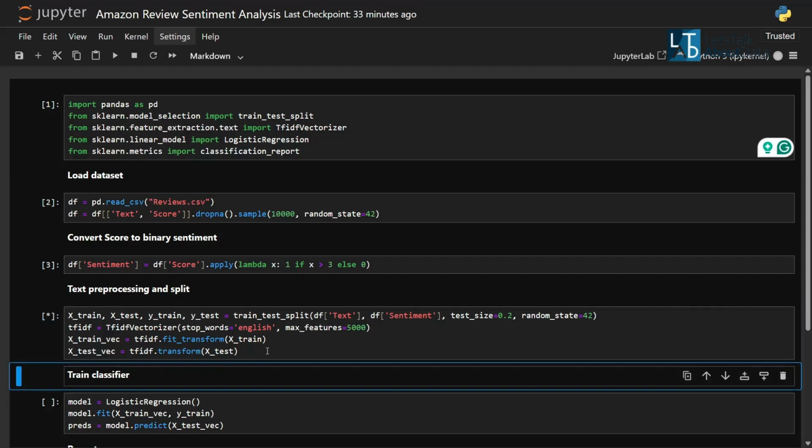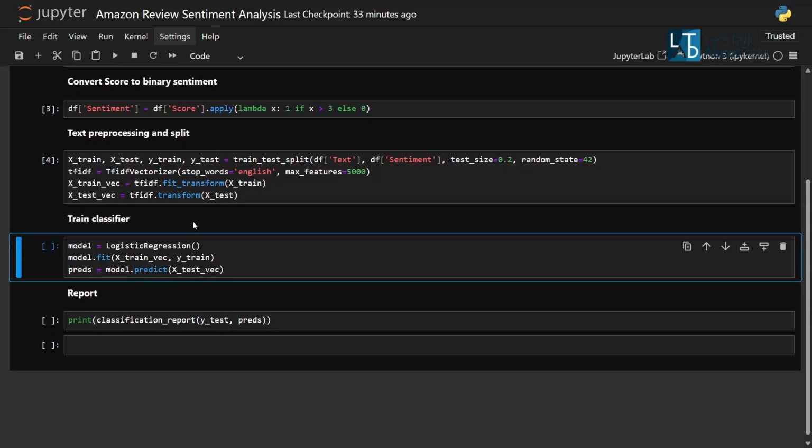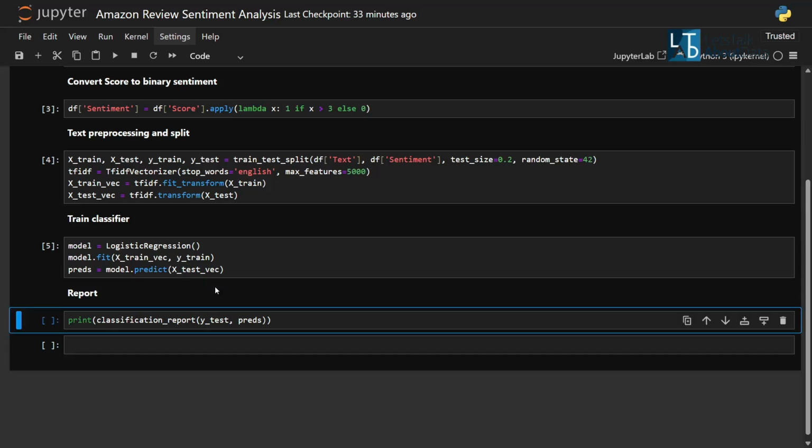Text pre-processing and split. Train classifier. Report.